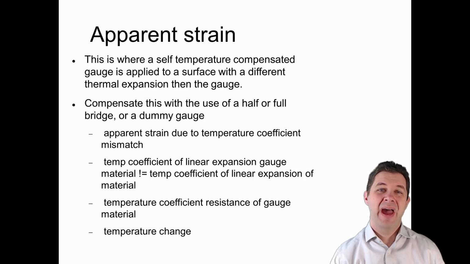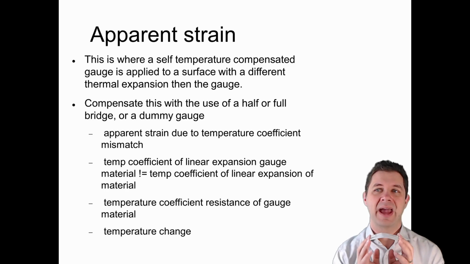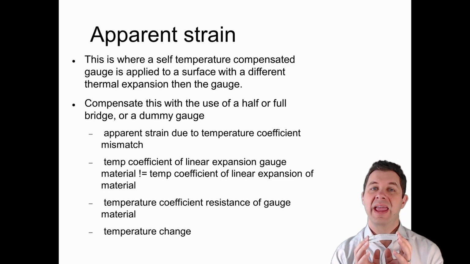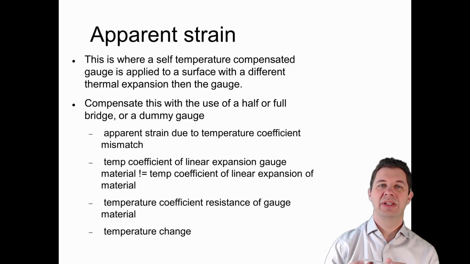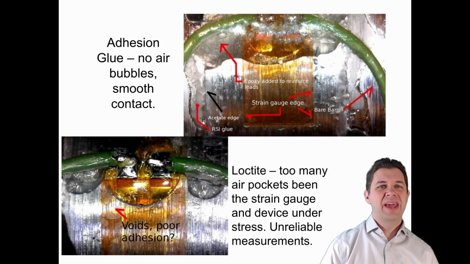We also have our apparent strain. Sometimes we've got a significant material mismatch between the material that we're trying to measure and the strain gauge that we're using. For example, if the temperature coefficient for our material is very different to the temperature coefficient for our strain gauge, we might have significant expansion of the material and a different expansion being induced into the strain gauge. One of the other significant areas is adhesion, how well we're actually adhering to the material